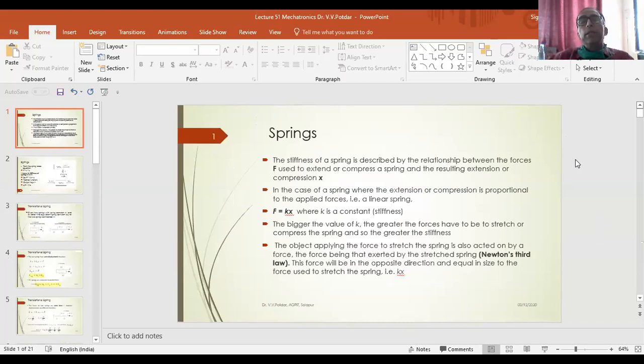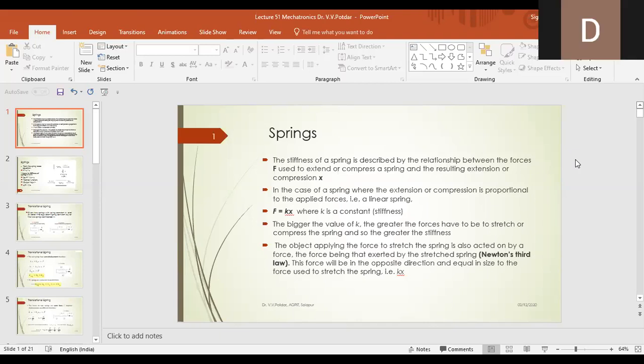Last class we discussed the mathematical modeling aspects of some of the translational mechanical systems. If we just recapitulate, what we discussed was that any of the physical systems, may it be a translational mechanical system, a rotational mechanical system, a thermal system, a hydraulic and pneumatic system, or an electrical system,